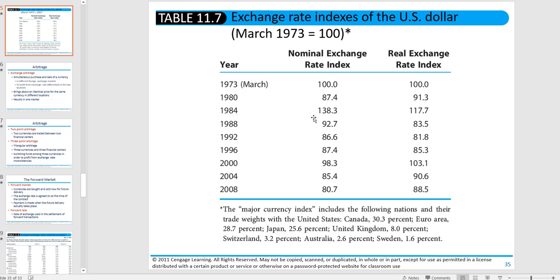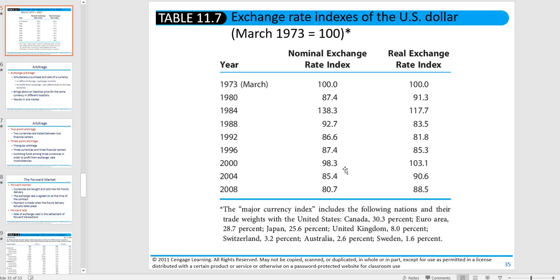So the dollar appreciated a lot when the interest rate went up tremendously because it attracted a lot of foreign investment as well. There was such a high interest rate being paid on US dollar denominated deposits. And then you see that the path has been a continuous depreciation of the US dollar. So making it more difficult for US citizens to travel abroad, but on the other hand, better conditions for US firms to compete in foreign markets as well as to face foreign competition because the dollar on average got weaker.